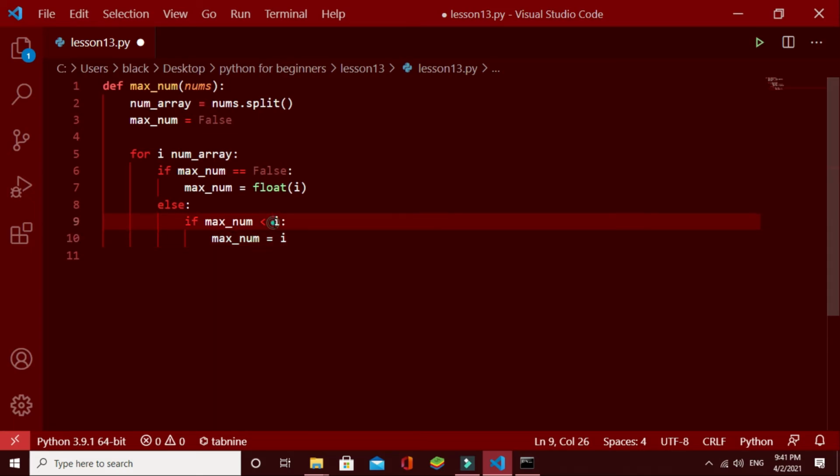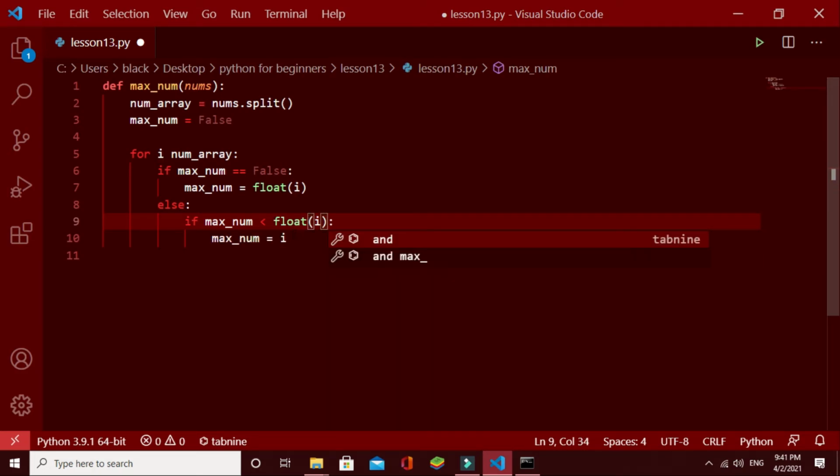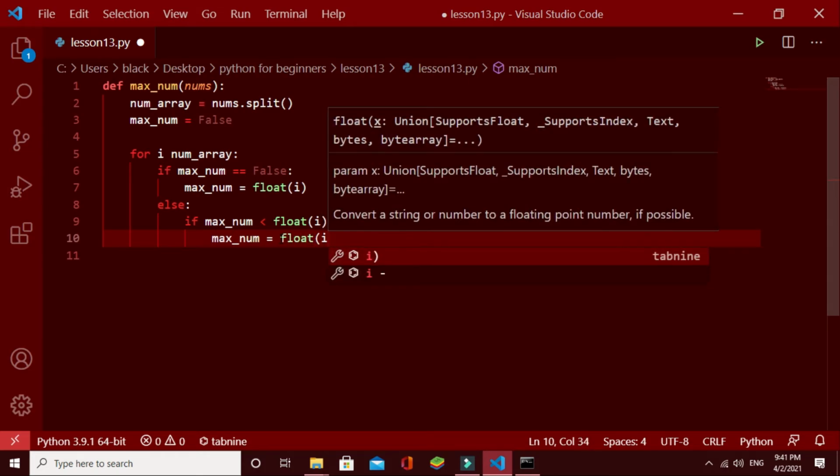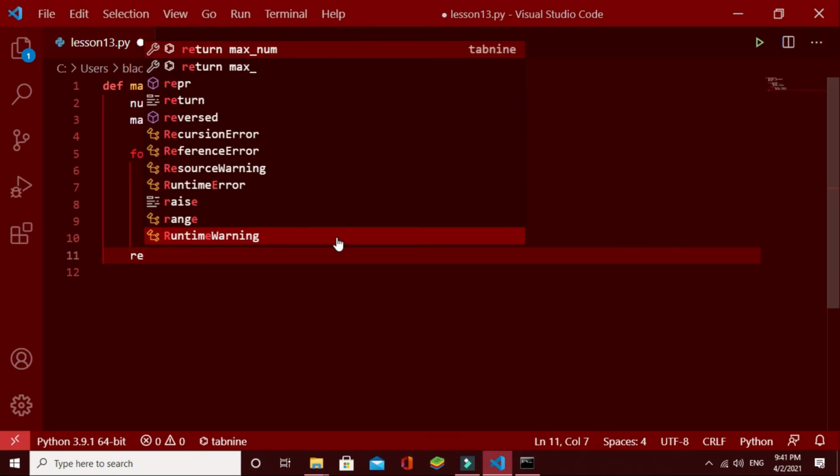Here actually we have to give float, otherwise it will be a string and it will give us errors. Here it should also be float. Max num will be our new maximum number, which is this i. And that's it. Now we have to return the maximum number.